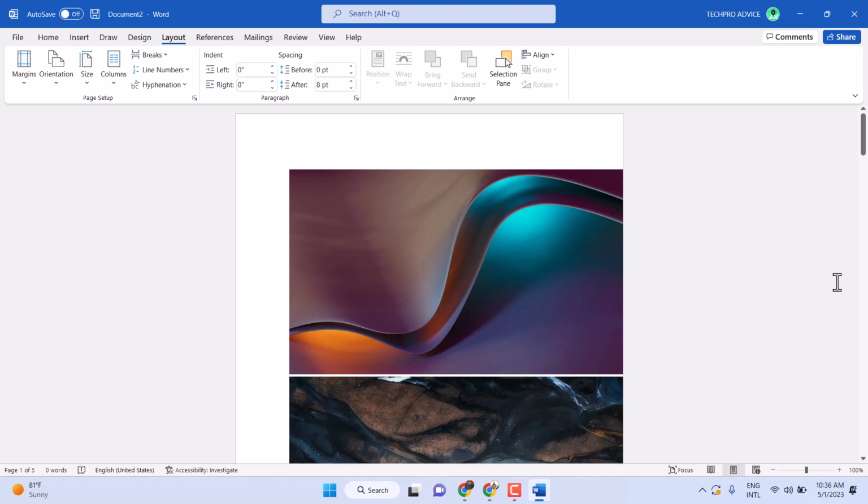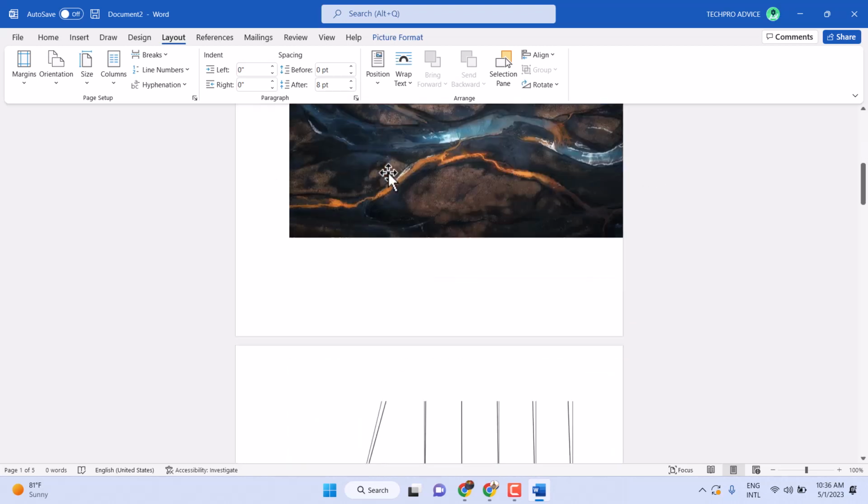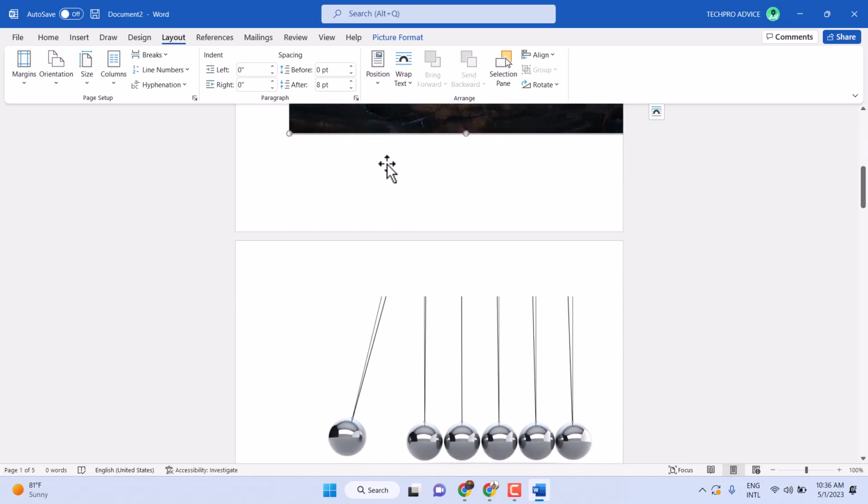Hello friends, in this video I will show you how to insert columns in a Microsoft Word document. It's a very easy and simple way, guys, to insert the column. Just keep your cursor there